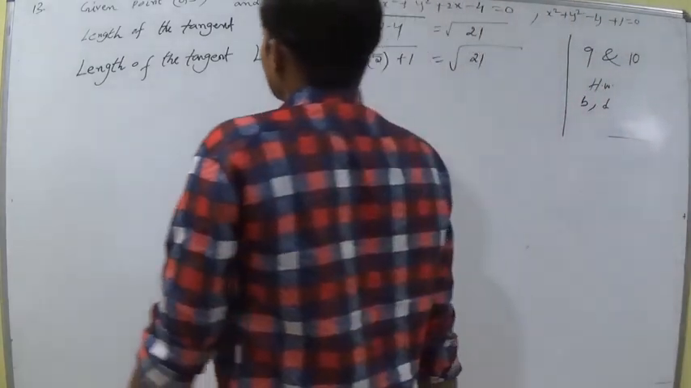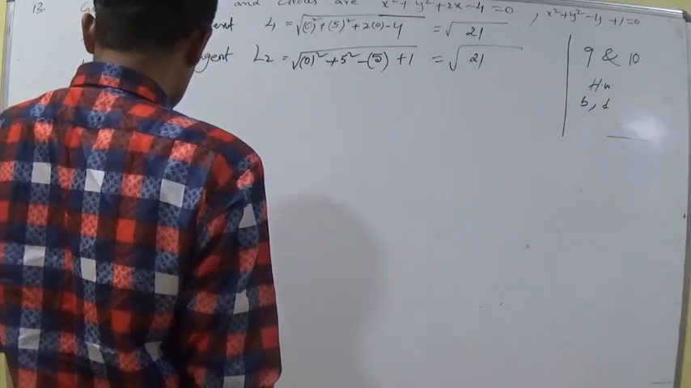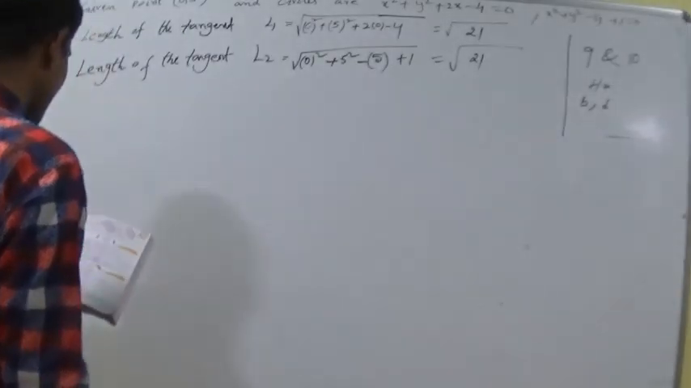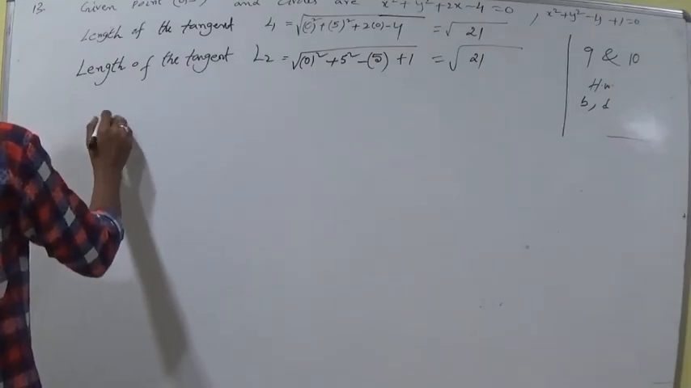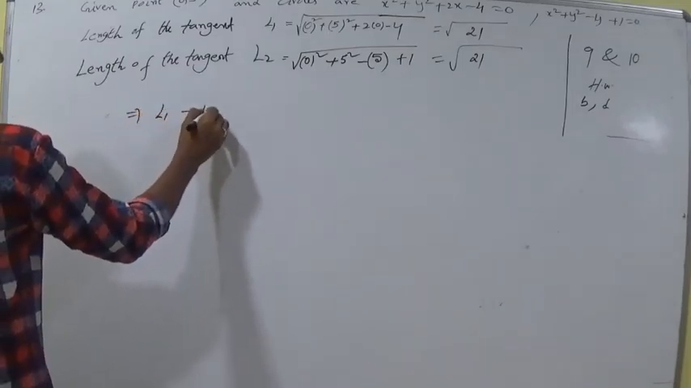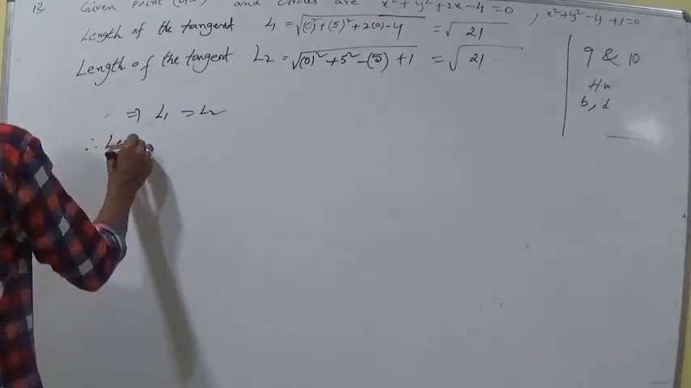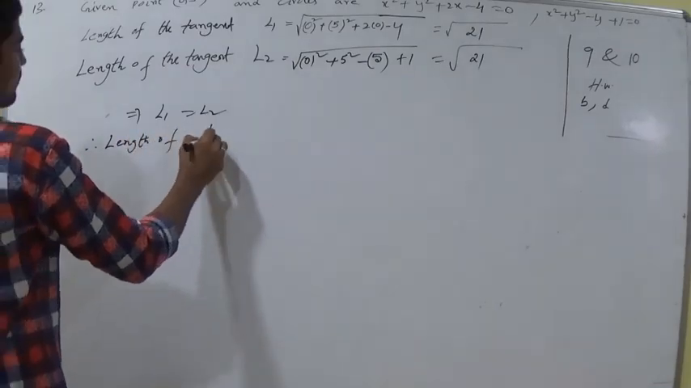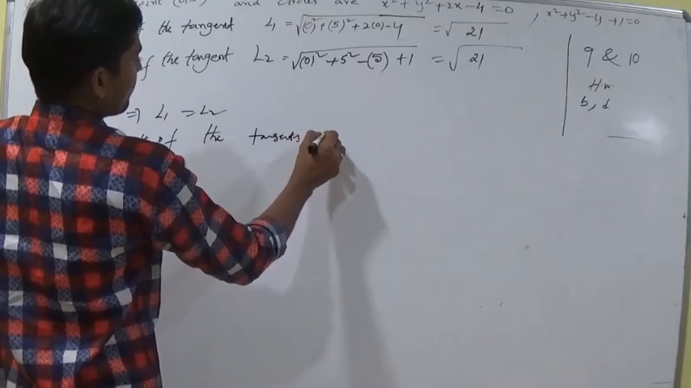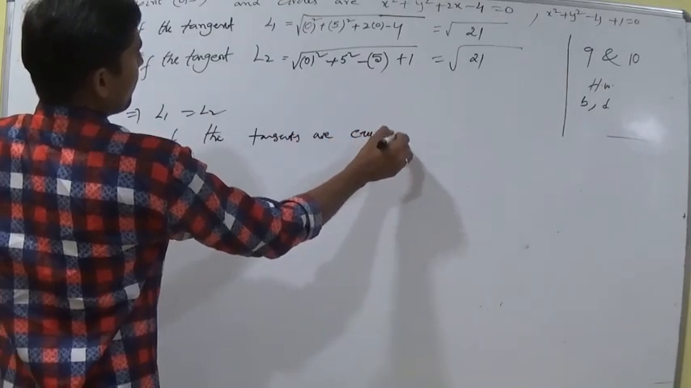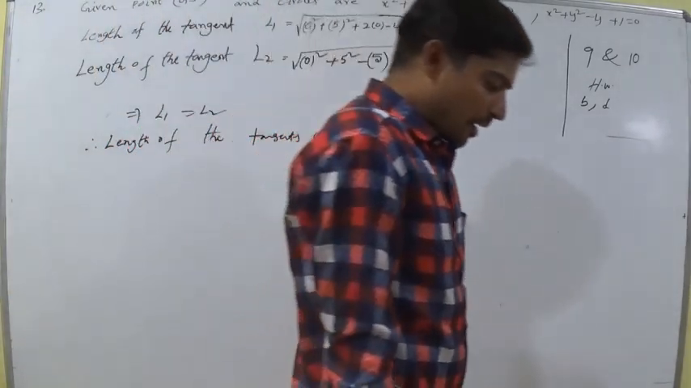So those are in equal ratio. So length of the tangents implies L1 is equal to L2. Therefore, length of the tangents are equal. Next,